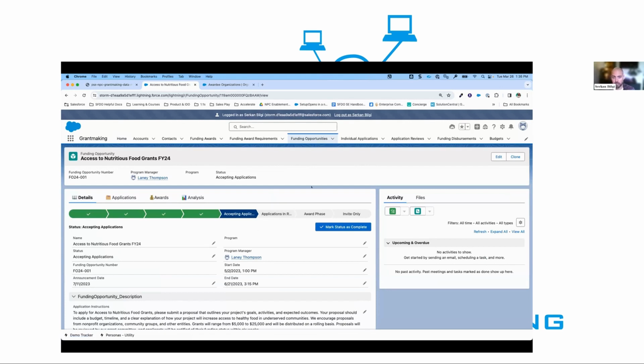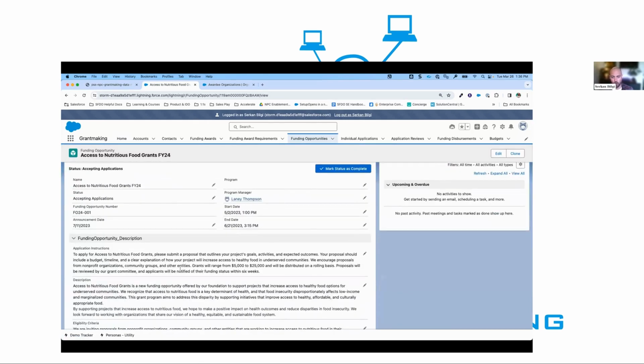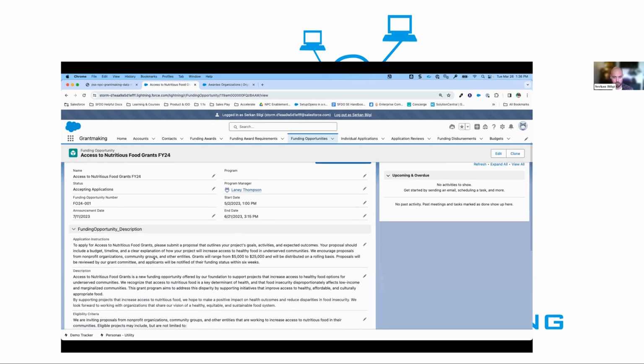As part of the product, there'll be some standard fields that come with the funding opportunity object. The statuses that you're seeing here are the ones that I've added for demo purposes. This is going to follow basically how you structure your own programs. But funding opportunity basically allows you to keep track of the calls that you're opening for applicants to apply, or